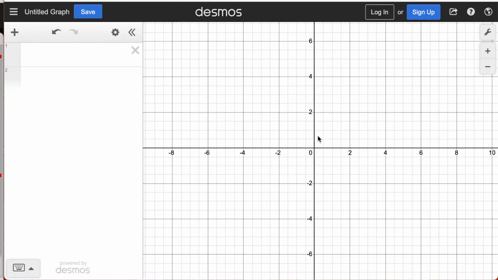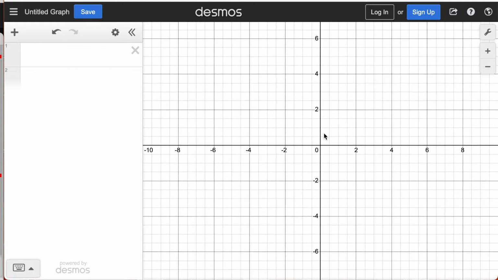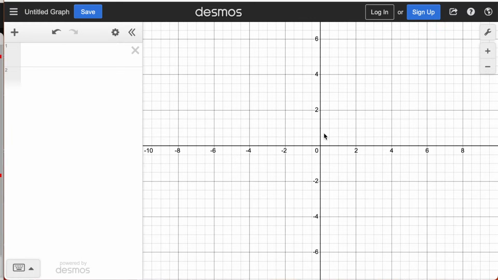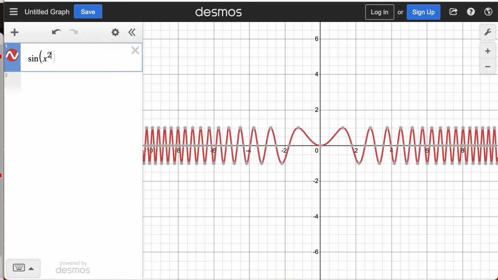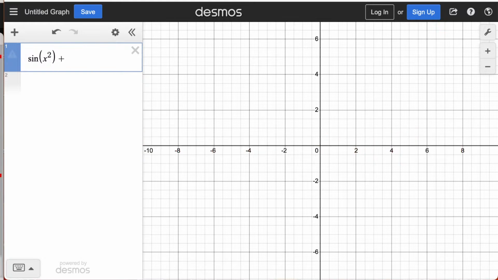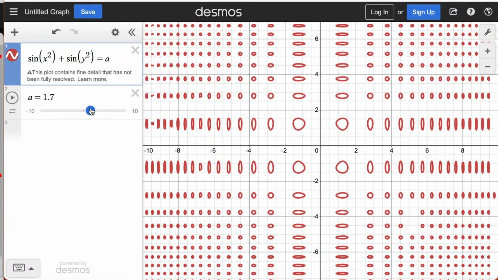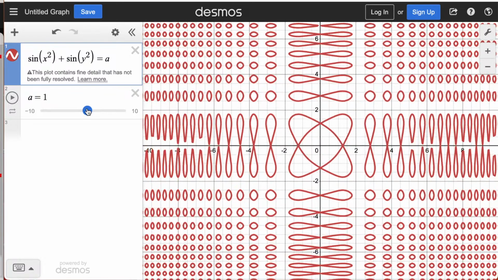And today we're going to be using a particular type of one that we haven't used quite as much, which we've had a lot of luck using: trig functions, like if we use sine of things like x squared there. Already looks pretty crazy. Sine of x squared equaling y is what they assume with the blank there. What if we say, though, that we're adding in y squared over there, and we're making it equal some value? Well, now we get really crazy. This one's one of my favorites.